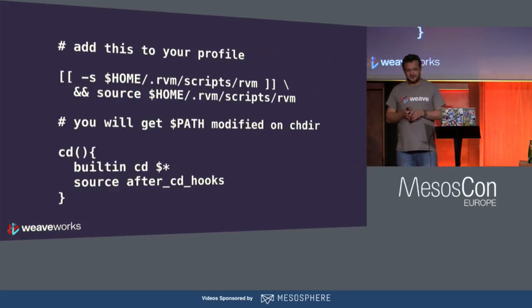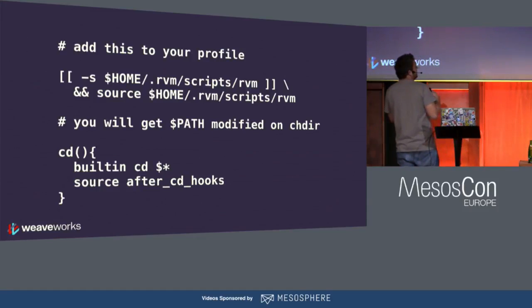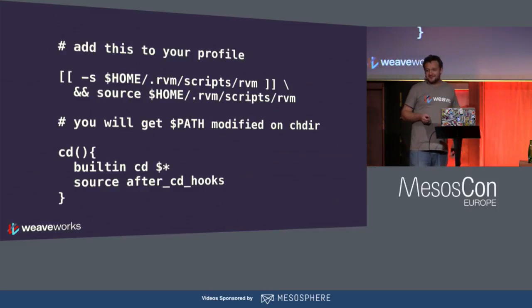And one of the first things I discovered was this Ruby version manager, RVM. After you install RVM, you end up with this sort of thing in your Bash profile, right? And then after you've done a couple of those things, you end up with a cd command that ls to this function which does magic whenever you change directories, basically, which is great.